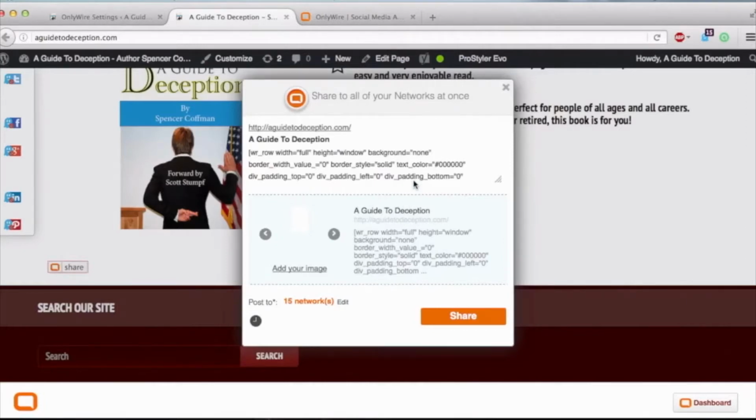I've contacted support multiple times. I have numerous tickets open. I've exchanged emails with people for the past 2 months on why this doesn't work, possible solutions, yet it still doesn't work. So we're going to go over that. I'm going to show you that, look, I'm not making this up. OnlyWire doesn't work very well. It doesn't work very well at all.